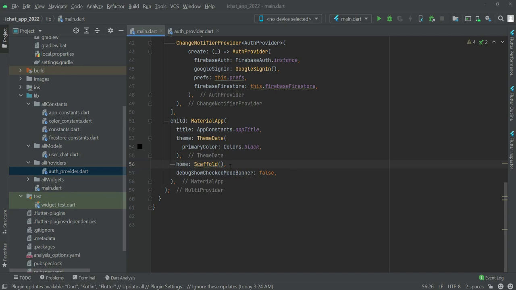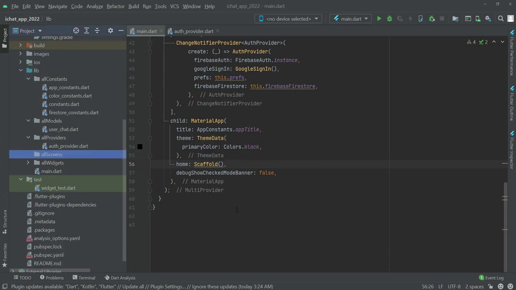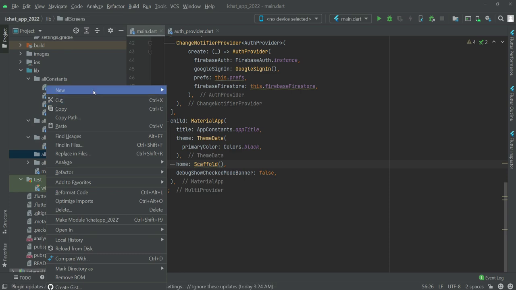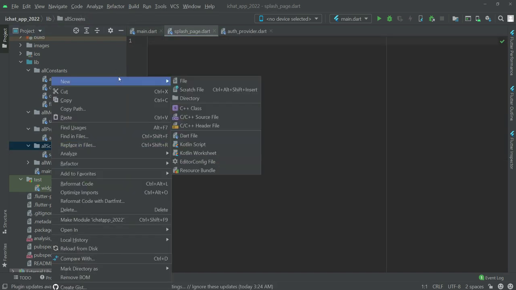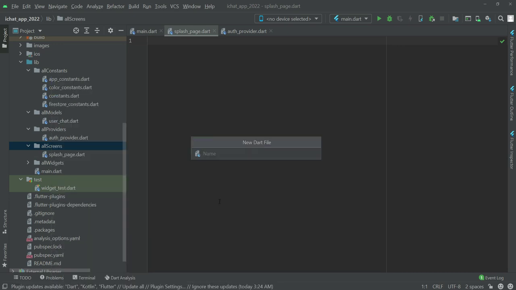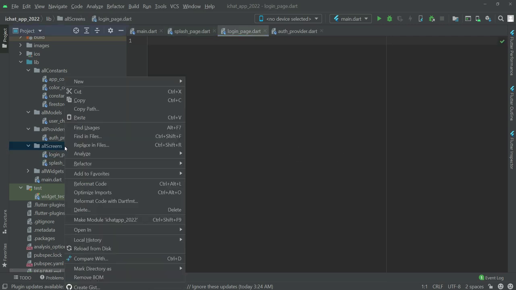And welcome back. So now in this video we will create our splash screen. So first of all, right here in the lib folder we will create a new directory by the name all screens, and inside this all screens we will create a dart file by the name of splash underscore page. And also we need two files, and that will be the login underscore page and then the